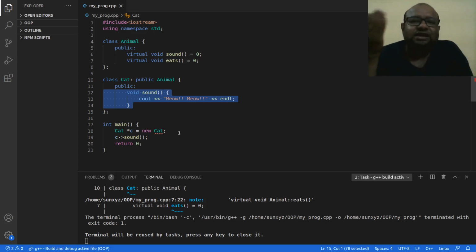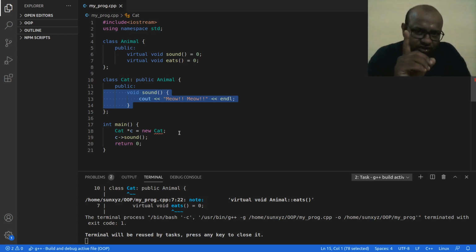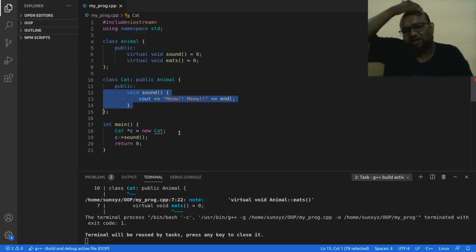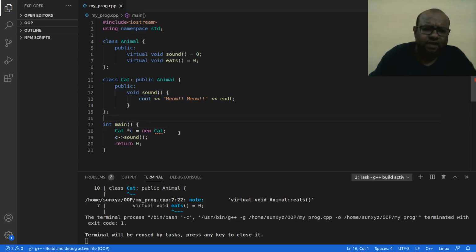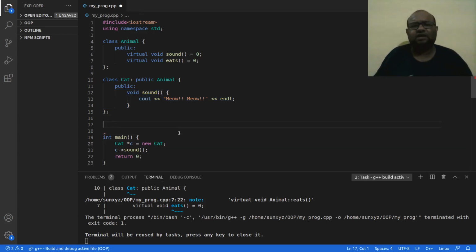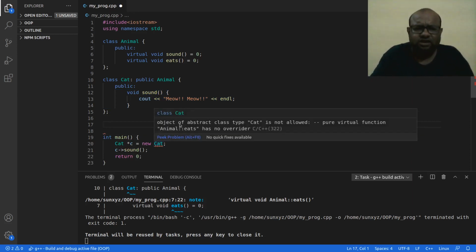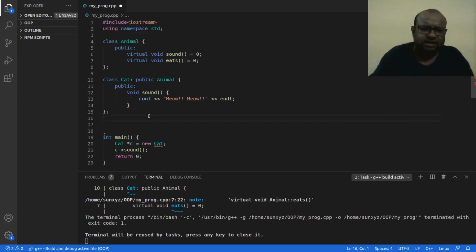Okay, so Cat class therefore has one pure virtual function. And what is the definition of an abstract class? An abstract class is a class that has at least one pure virtual function, right? Cat class has this eat function that is not implemented, a pure virtual function. So yeah, Cat class is an abstract class. Now I cannot create an object out of Cat class because we cannot create an object out of an abstract class. Now let me do one thing.